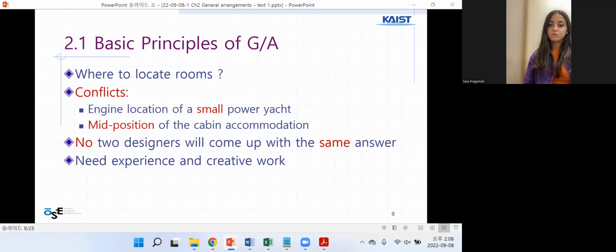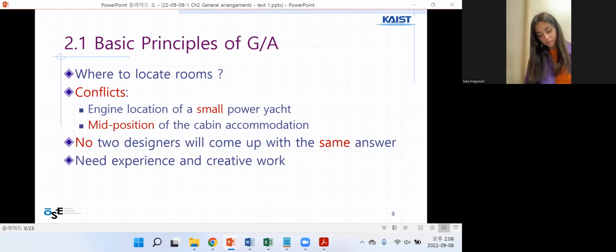It should be near the midship, the middle of the ship. If the ship is big and it can be located far away, there is a conflict. So the midship position of the cabin accommodation is preferred